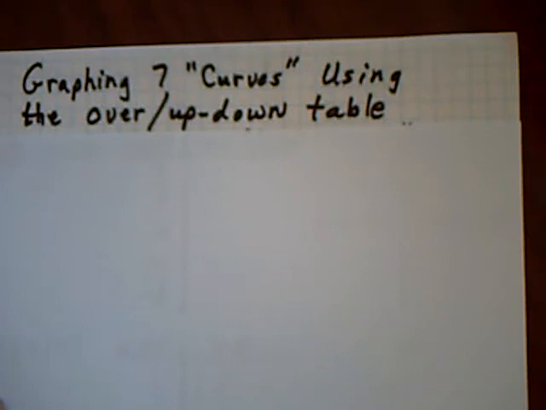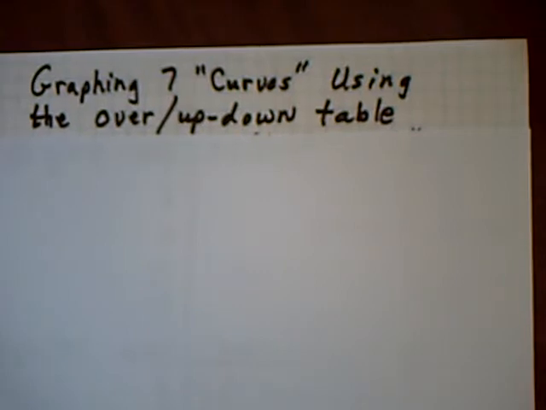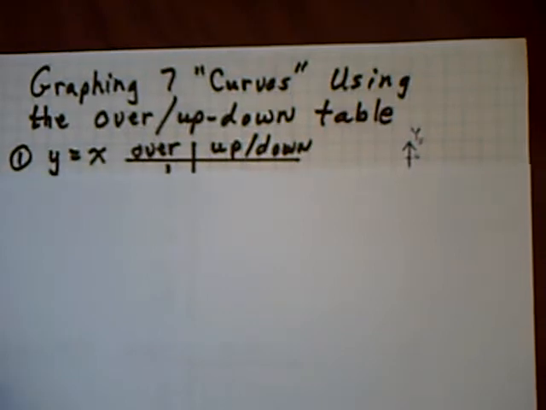Welcome to graphing 7 curves using the over, up, down table. When you have finished these 4 videos, you should realize that whatever happens to one of these curves is the same as what happens to all of them, and you'll be able to do a lot of different things with these 7 curves. So the first curve is really not a curve, it's a linear equation,